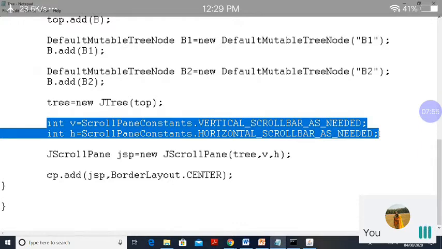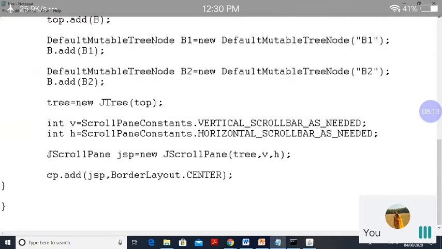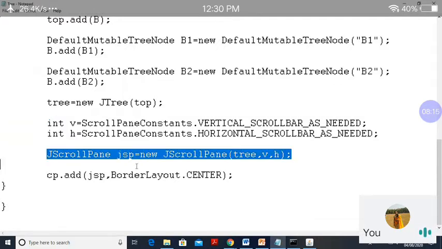Now I am going to pass these variables to the object of JScrollPane. How to add? JScrollPane jsp equal to new JScrollPane, in brackets, the first is my component, that is the tree component, and after that the second parameter is the vertical scroll bar and the third parameter is the horizontal scroll bar.